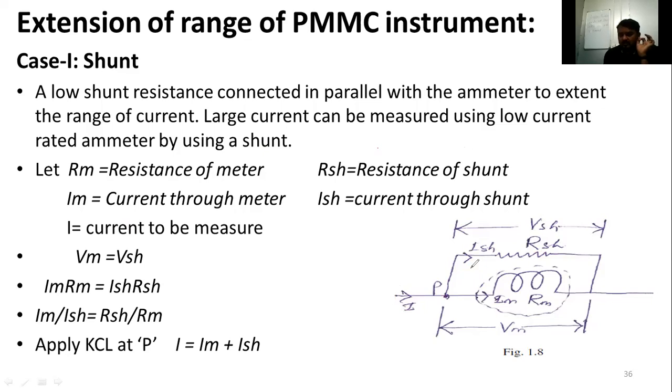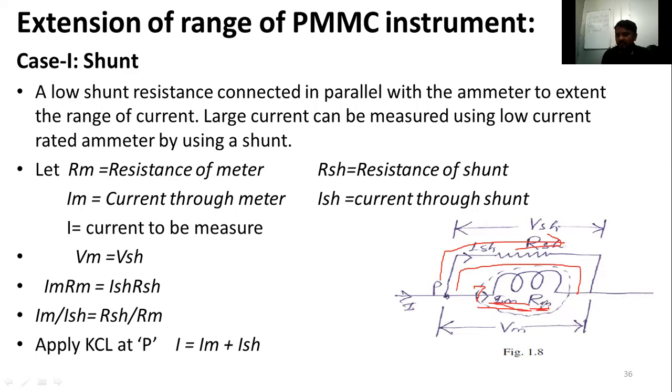I told you people, the 5 ampere ammeter can measure 50 ampere also. Whatever it is, we have to connect one low value of resistance in parallel with that meter. If 5 is going through the meter, it will take only 5 ampere. We have to measure 15 ampere, so another 10 ampere I am shifting to this side. Here only 5 ampere we have to allow. For that reason, we have to set the resistance.